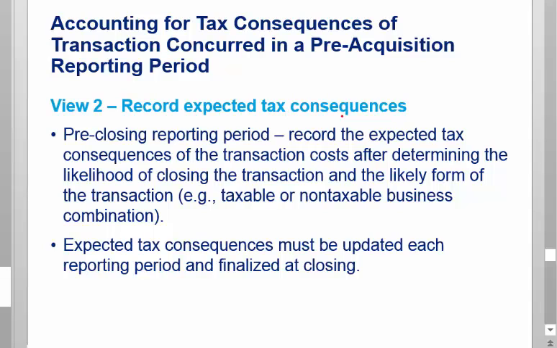Okay? The good thing is you tend not to pay your banker unless there is a transaction. So you're not going to incur costs with them along the way, typically. Usually there's just one big payment that's success-based at the end. And so you don't have a true-up for them. The expense and the tax treatment all hit at the same period. But lawyers and accountants, you have this issue.